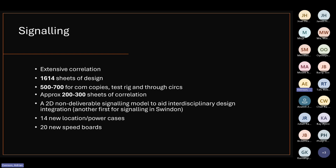So in all, 1,614 sheets of design, 500 to 700 copies, test rig and through circuits, 200 to 300 sheets of correlation, and another first as well for Westbury South, which we are carrying on for our other projects as well, which is a 2D non-deliverable signaling model to aid interdisciplinary design integration, and that was another first for signaling in Swindon. So our signaling teams are now managing all of their logs, cables, cable management, all on a 2D drawing now,